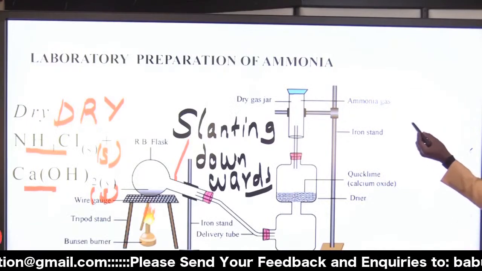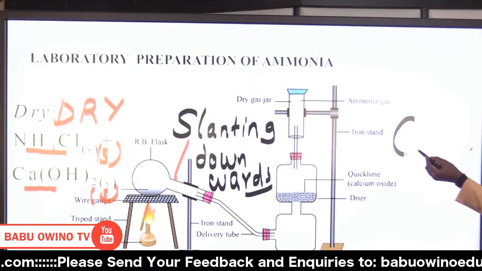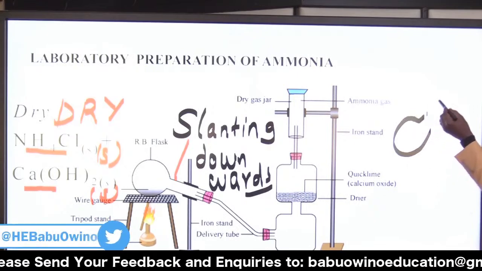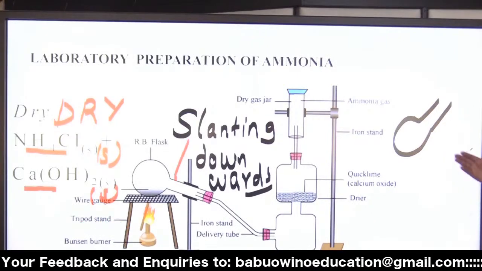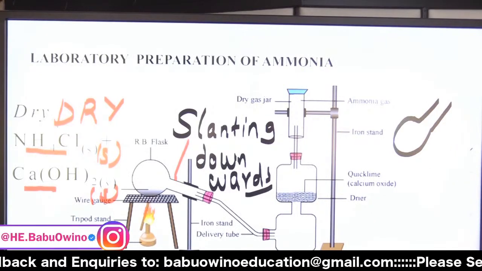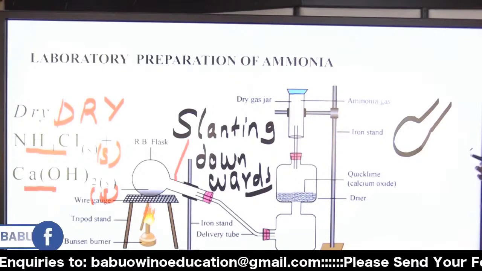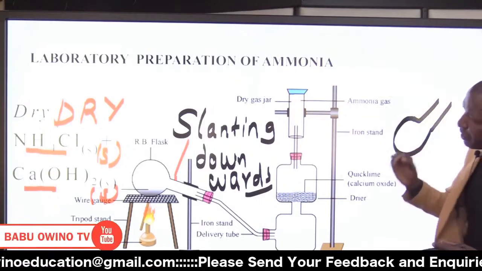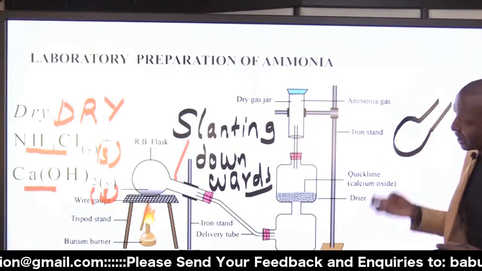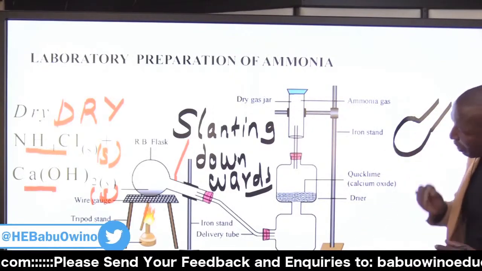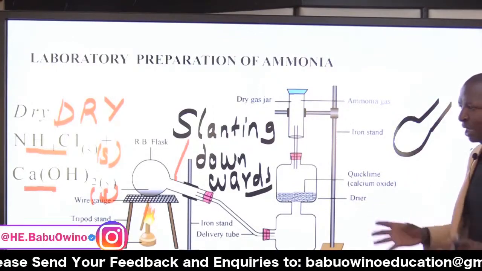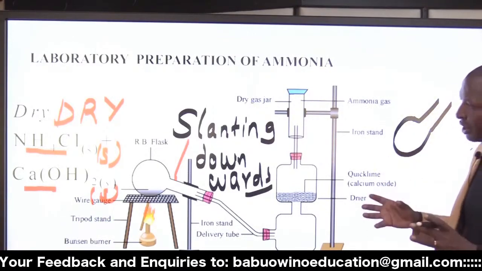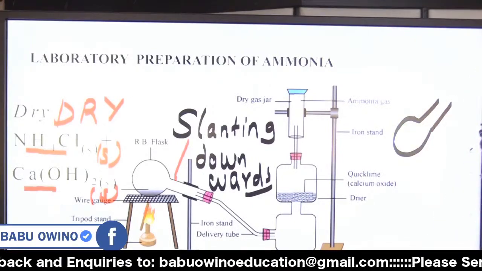An apparatus, you can look at this. You can have a flask like this, slanting, but it is slanting upwards. So the thing that you need to look at there is the flask should be slanting downwards to prevent the water vapor formed from condensing and flowing back to the flask. Remember that we are saying the water vapor, when you refer to the previous slide,